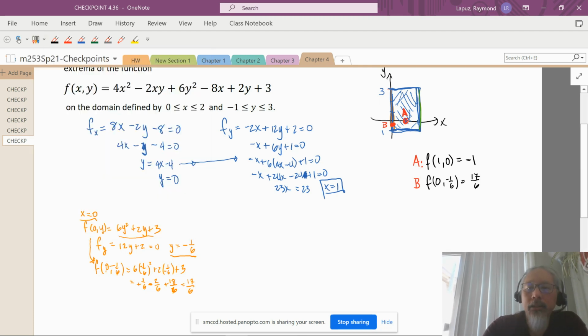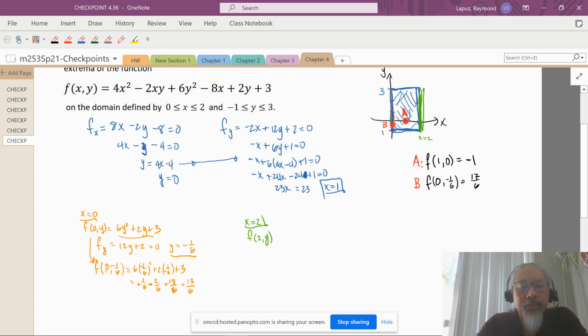Next in line that we should try, we don't have to do this in the particular order that I'm doing it in, but we'll look at the x is equal to 2 line, and we'll write x is equal to 2 here and do the same sort of analysis. So we have 2 in for x, and y is still a variable. So if we put 2 in for x, we're going to get 16